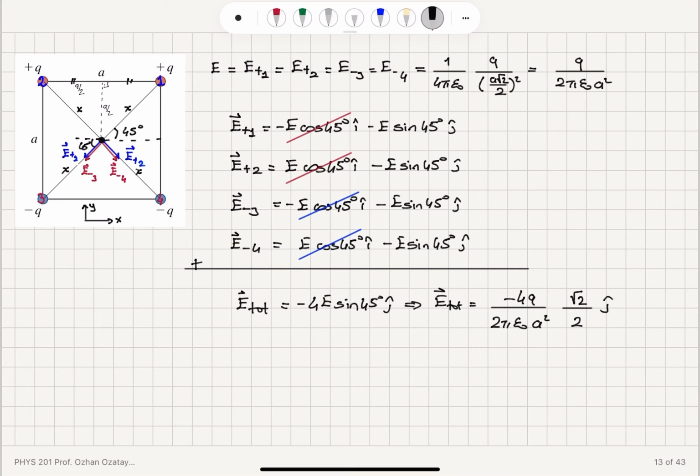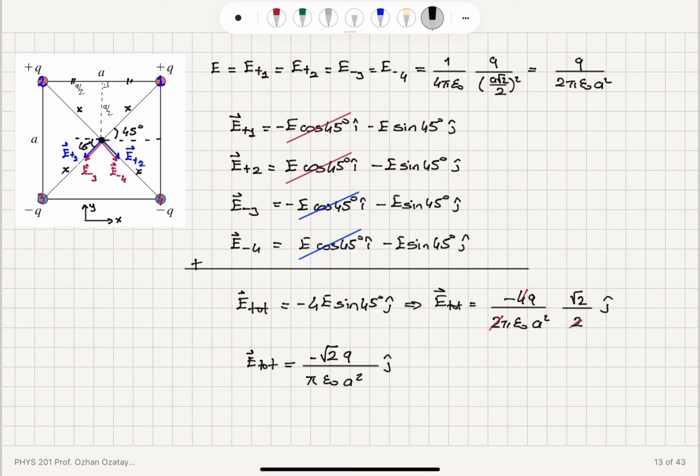And therefore we find that the total electric field is going to be, so you have 2, 2, 4, and 4's will cancel here. So this will get rid of this one and this one. And I will be left with minus square root 2Q divided by pi epsilon 0 a square j hat,